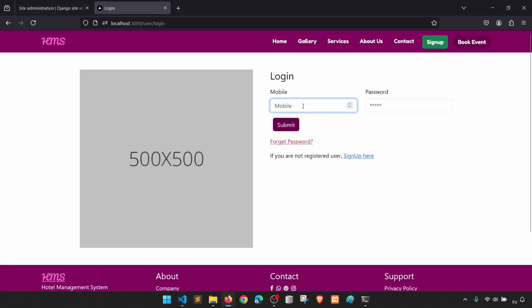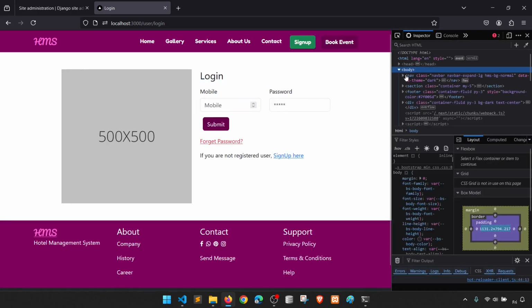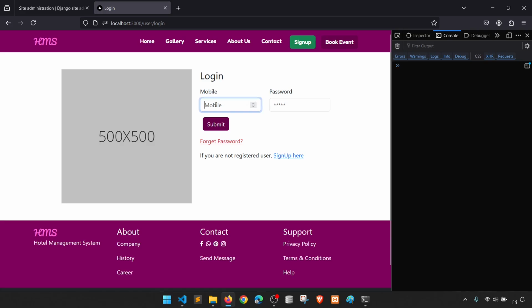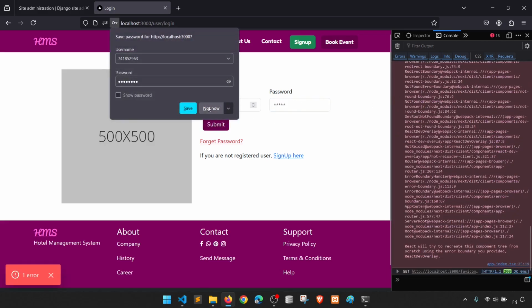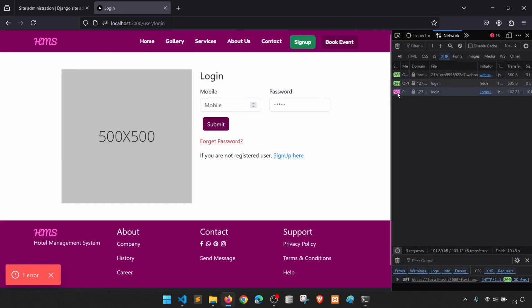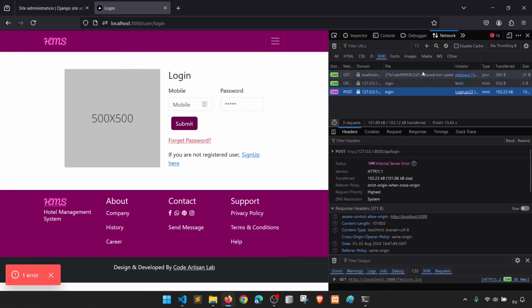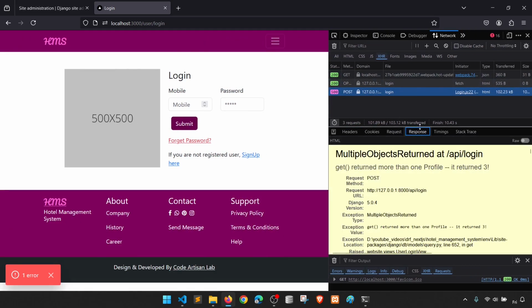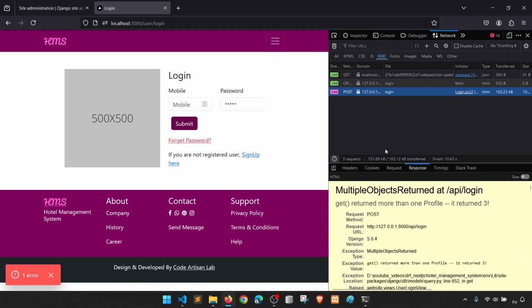right. So I will add a mobile number. Let me show you here. So some mobile, let's see, submit. So what it is, let's go to the network and let's see here what it is returning. Okay, so it means multiple data is added with this mobile. It should not be, because we need to add the